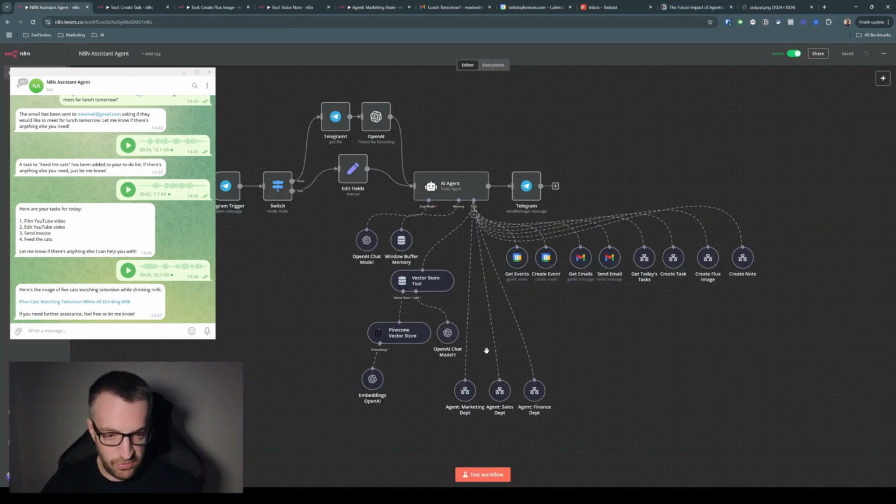And then last thing I want to run through is the Pinecone vector store. So I think this is cool, and this has got potential to be really interesting. So if you can imagine a workflow that's a bit like this. First of all, in the Pinecone vector store, I've uploaded a PDF on expert copywriting tips for advertising. And the agent has access to this vector store, and it can pull relevant information through based on semantic indexing. So I'm going to ask it for some tips on copywriting,